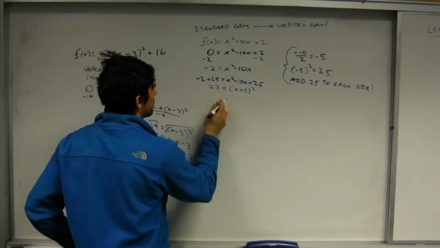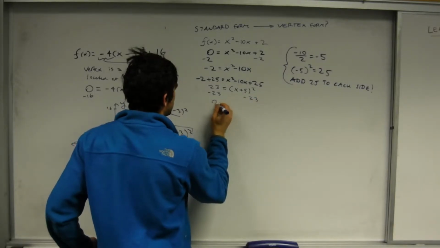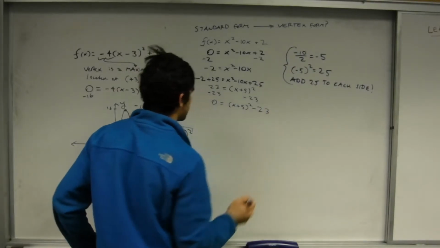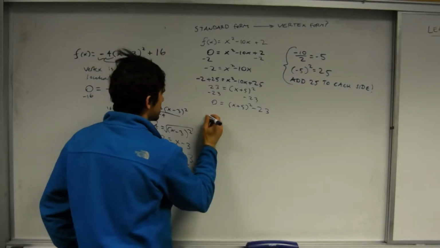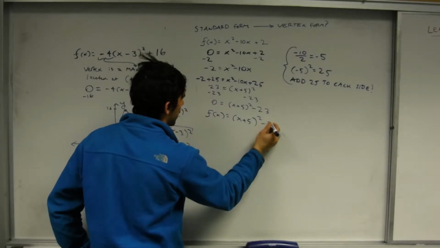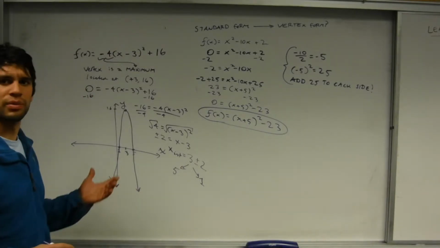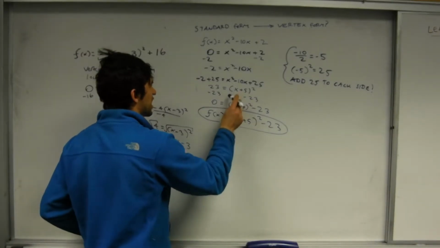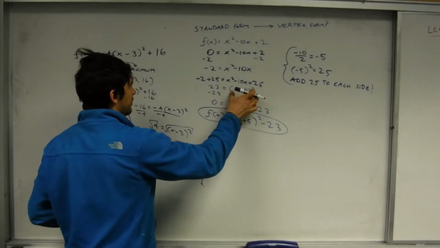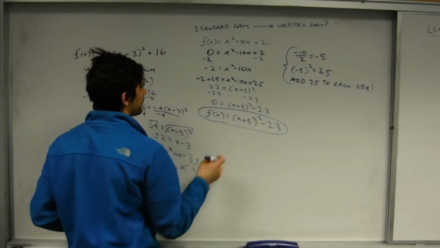We get 23, and now we will subtract 23 from each side, and we'll get 0 is equal to x plus 5 squared minus 23. Now we're going to replace the 0 with an f of x again, and voila, we have our quadratic function in vertex form. So make sure you do not make the mistake I did initially and take the square root of both sides once you're in here. We want to leave our equation in this form